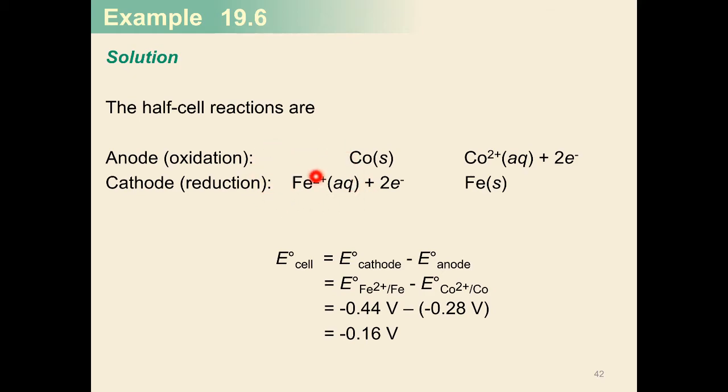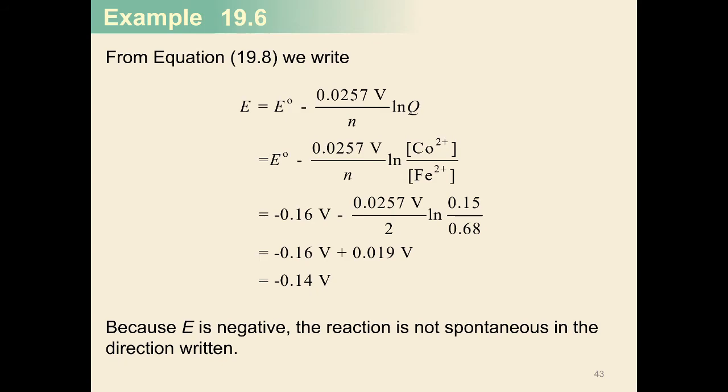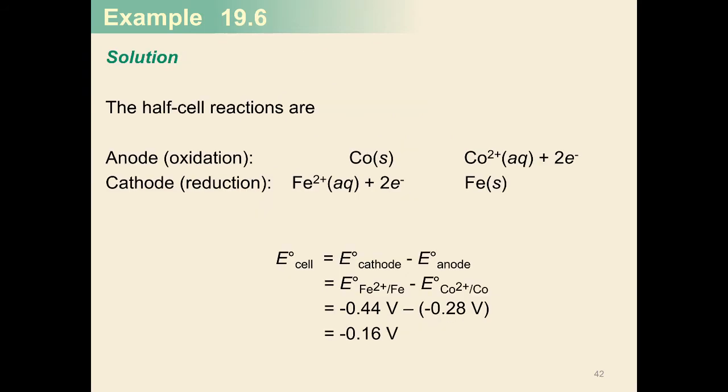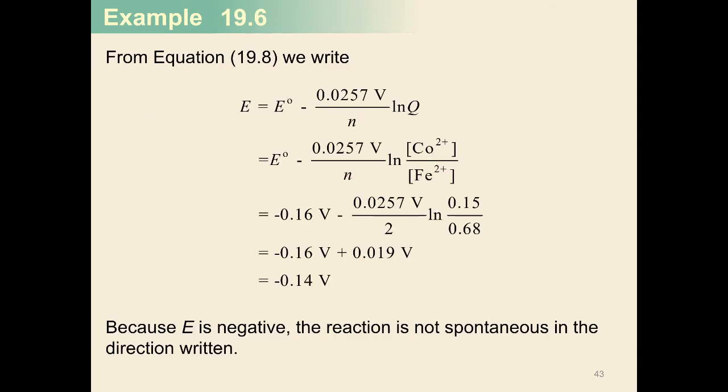If it's an aqueous solution, we count the concentration. So from the given, we have a concentration of the cobalt over the iron. Why? Cobalt in the products, iron in the reactants. Because iron is the only one that is in aqueous form in the reactant side, and cobalt is the only one in aqueous form in the product. So this solid iron and this solid cobalt are not counted. So only the cobalt and the iron.